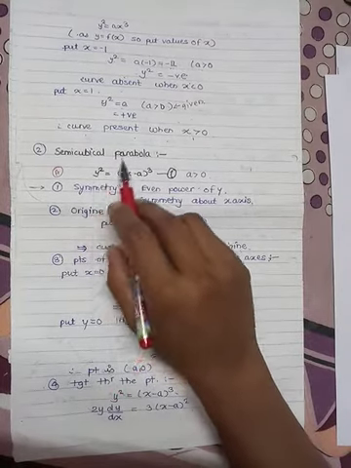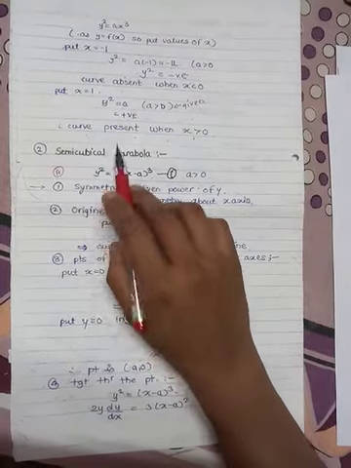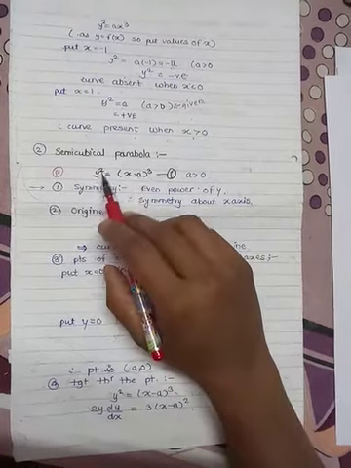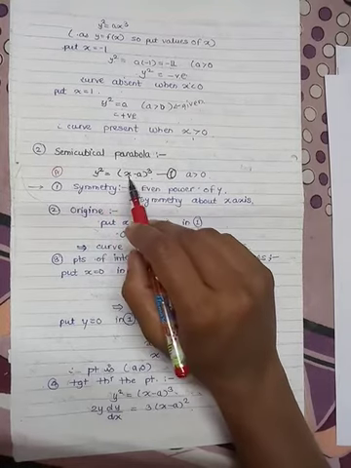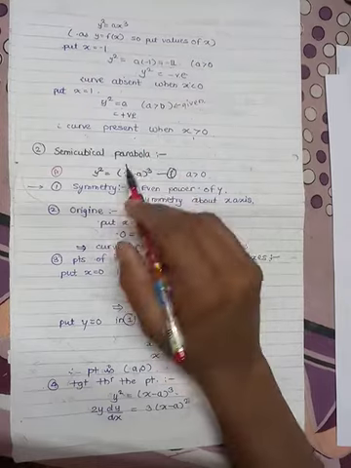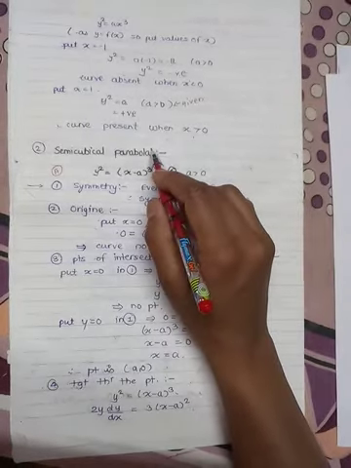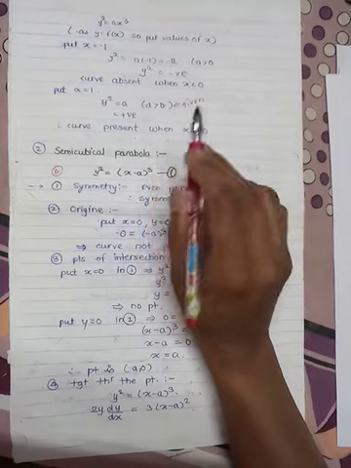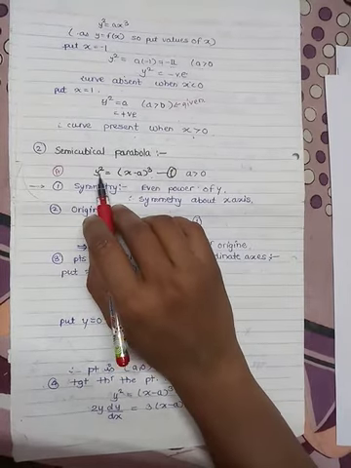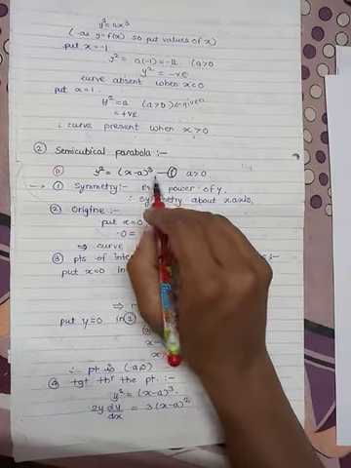Trace the curve y square equal to x minus a cube. This equation is also called the semi-cubical parabola. As y square equal to is there, this can have the name semi-cubical parabola. Don't remember this name, only draw the curve for that equation. So y square equal to x minus a cube is given.